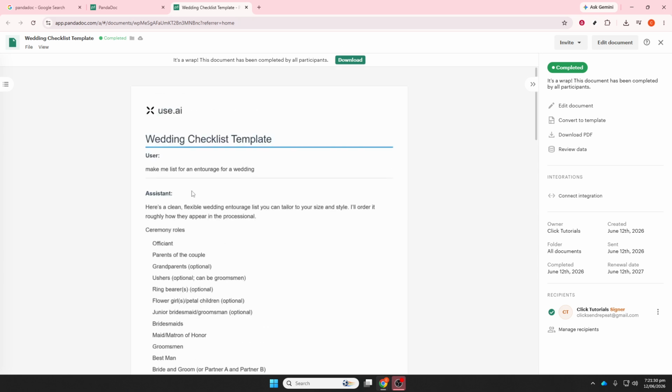Before launching, test the application carefully. Upload sample documents, go through the full signing process, and confirm that everything works as expected. Pay close attention to status